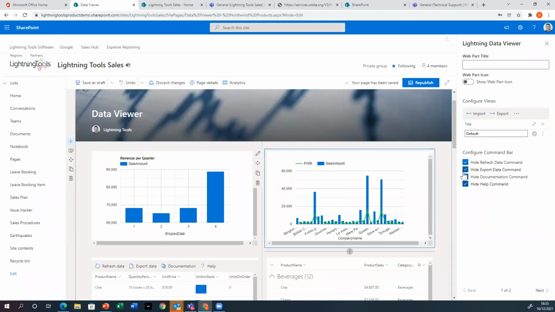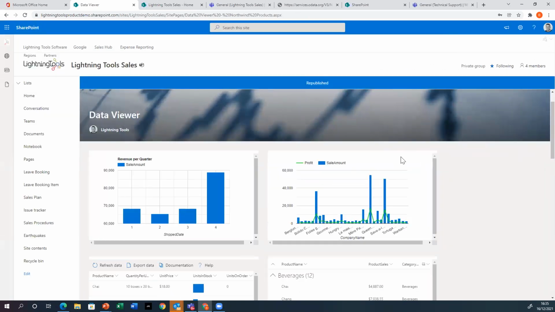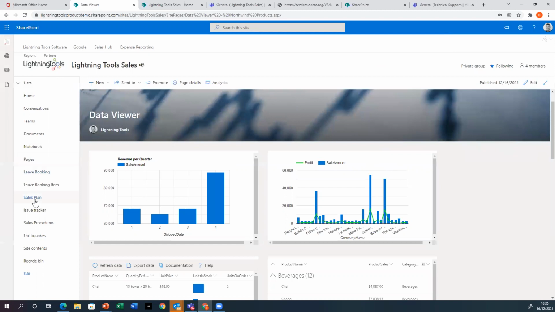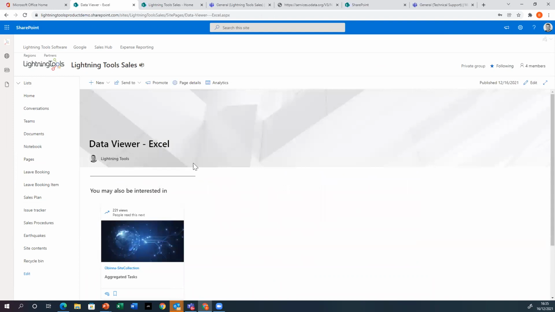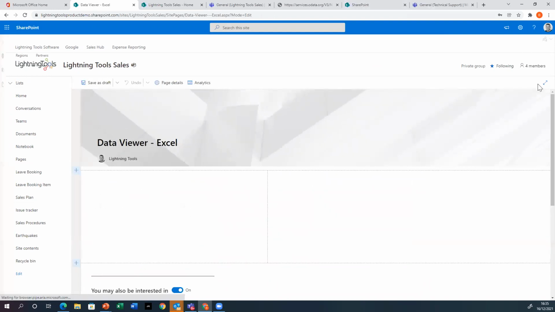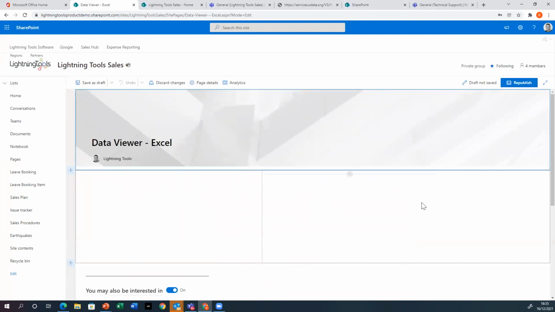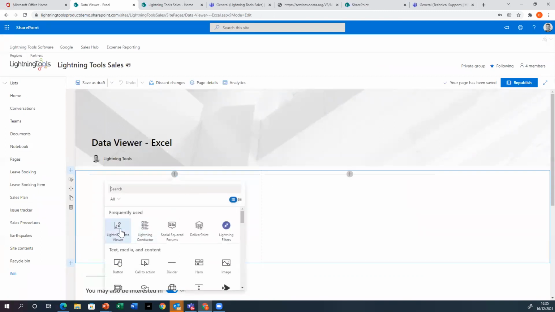Okay, so that's using OData, obviously. Now, typically you might want to use Excel or something like that, not necessarily an external data source. So I've got a simple Excel document that I'm going to work with, and that also shows some sales revenue. So I'm going to go into this new page here called Data Viewer Excel. We'll edit the page, and as you can see, I've got two different columns. So we'll drop in